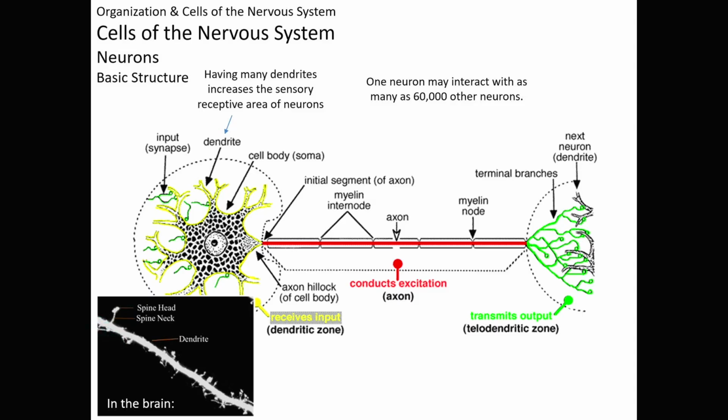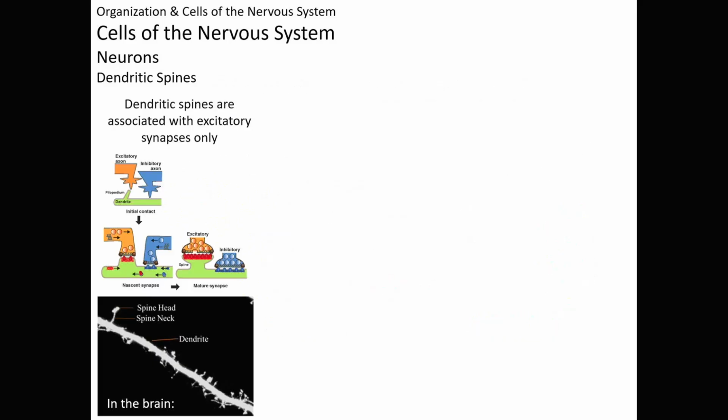And so I want to spend a little time here this afternoon talking about what do we know and what do we think we know about these dendritic spines, the role they play in our nervous system. So the very first thing we have to acknowledge about these dendritic spines is they are only ever associated with